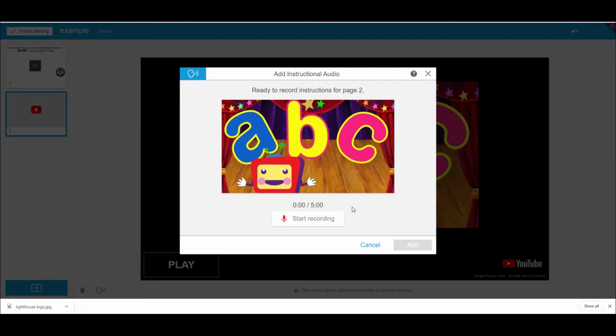This will come up. To start recording, simply click on recording. You have a maximum time limit of 5 minutes for each recording. Different things that you can think about doing on the recording is you might want to use it to give directions for an activity that you've planned in this. You might also want to give it, if you're using a video, to give